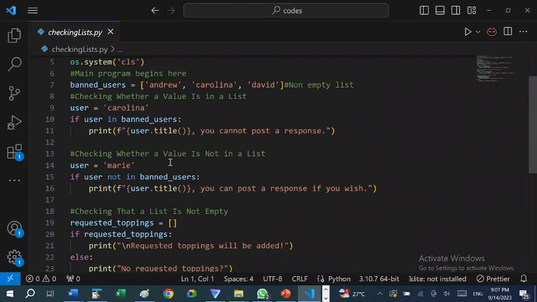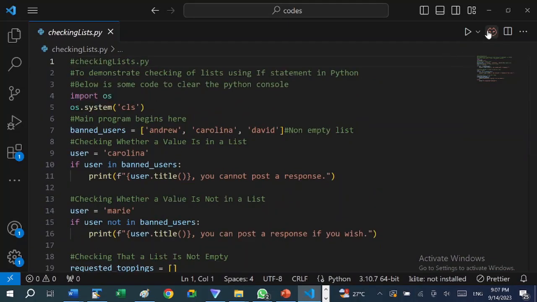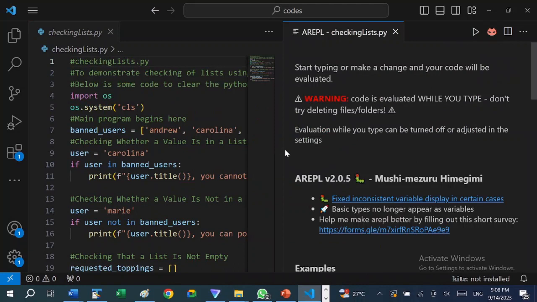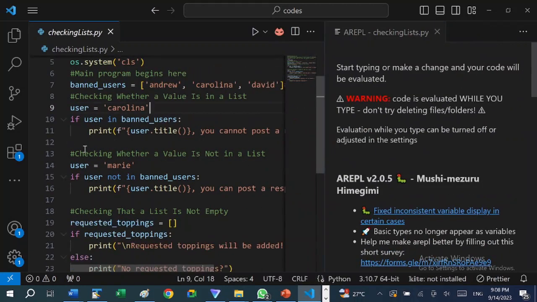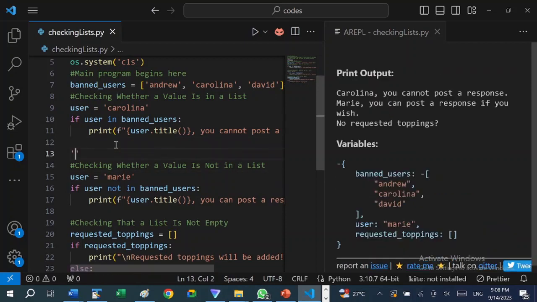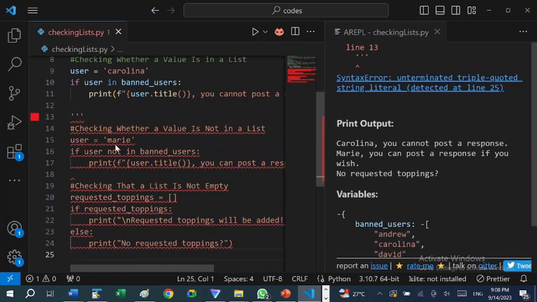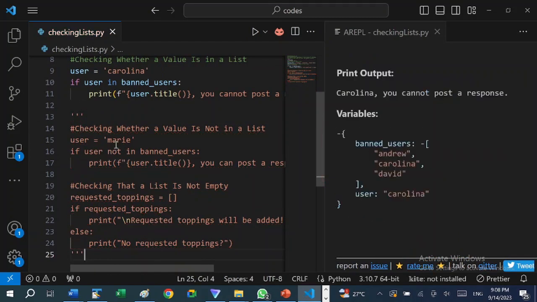Since this program does not require you to enter something from the keyboard, we can use the output panel to see the output on this side of the screen. Once again, I am going to comment out some part of the code so that we can see how various segments of the code are executing as we progress.